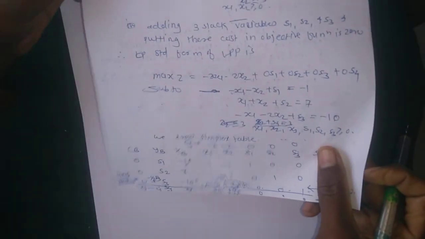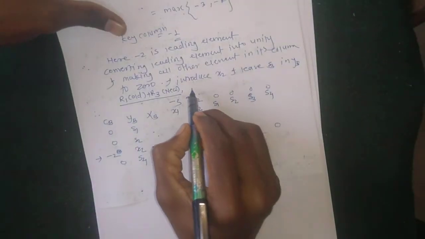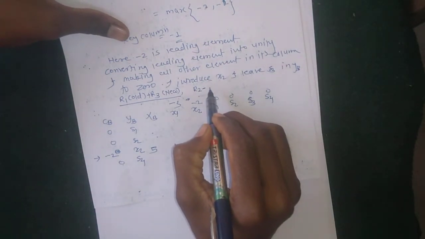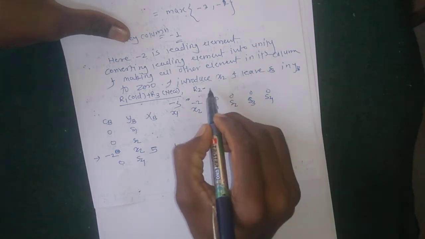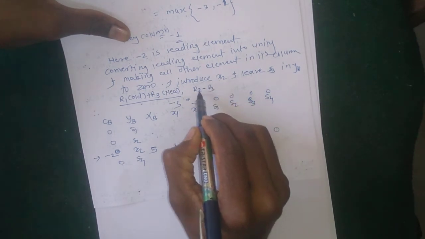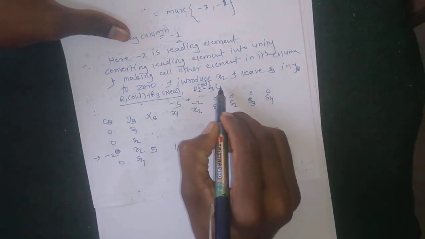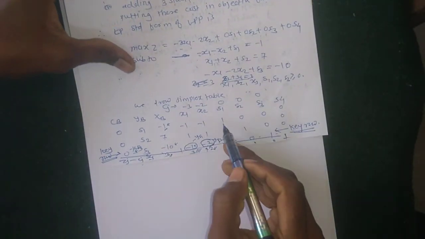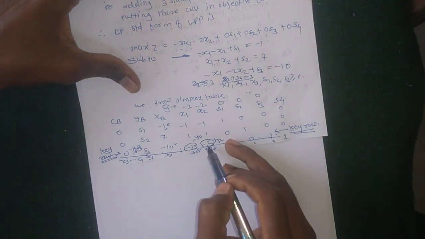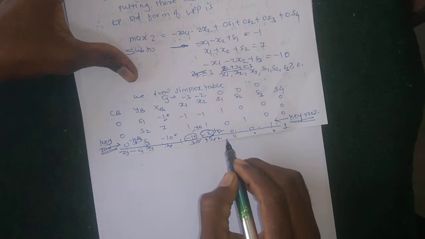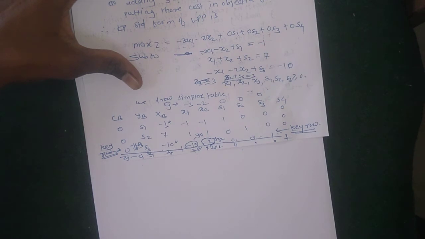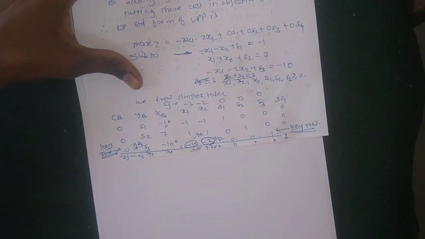Then the second operation is r2 minus r3, where r2 is old and r3 is new. Okay, and for the last is r4 column. In r4 column, the coefficient of x2 is 1 also. Last column, the coefficient of x2 is 1 also. Okay, our last column is the coefficient of s2 is 1.